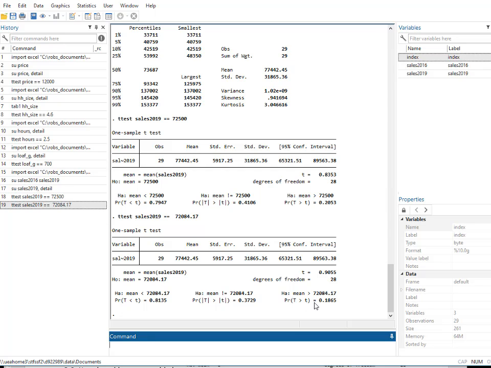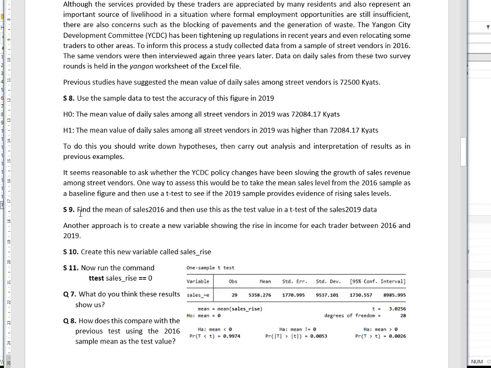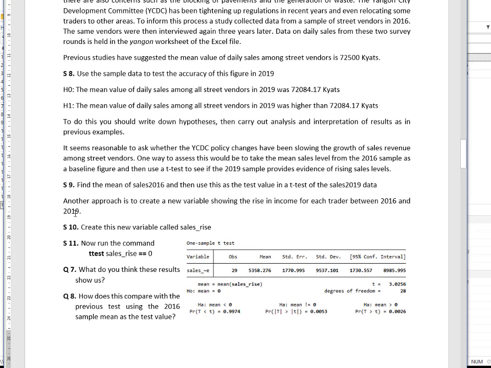quite easily turn up. So again, there's no real evidence here that the overall level of earnings has increased based on that test. So I can't reject this null hypothesis either in favour of this one. So no, this method doesn't give us any indication that sales have increased on that previous level. Okay, before we finish this part, there's another way we can do this,